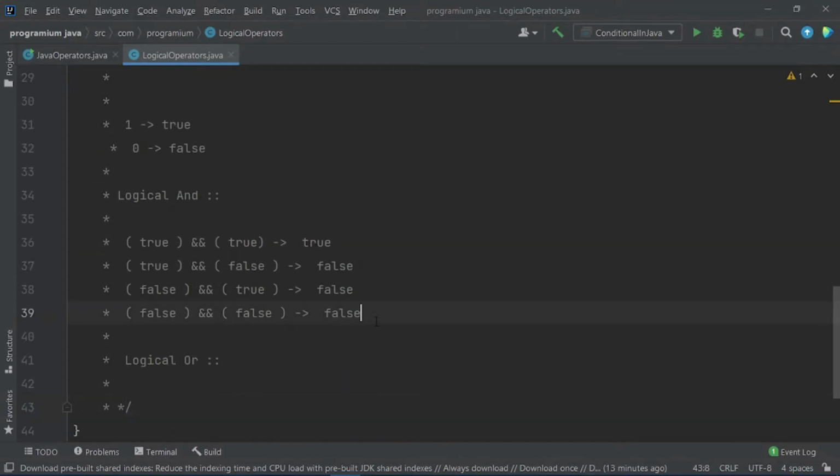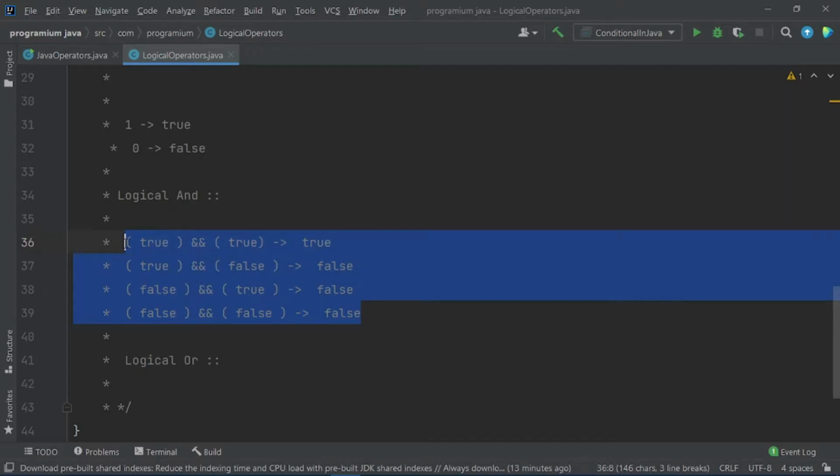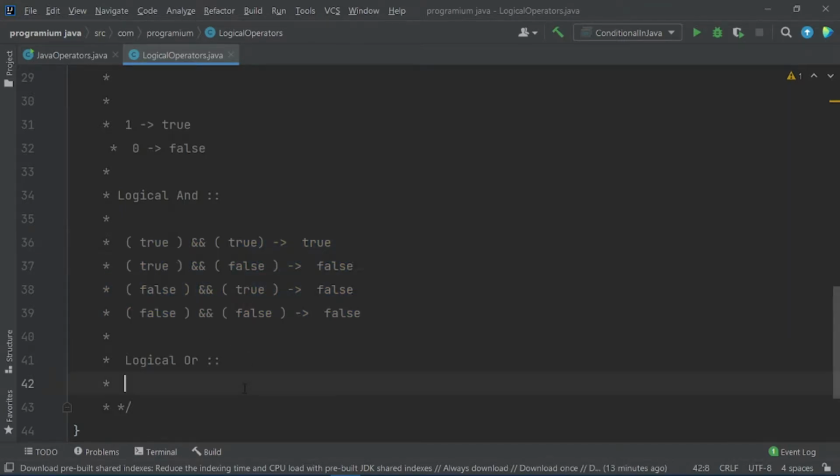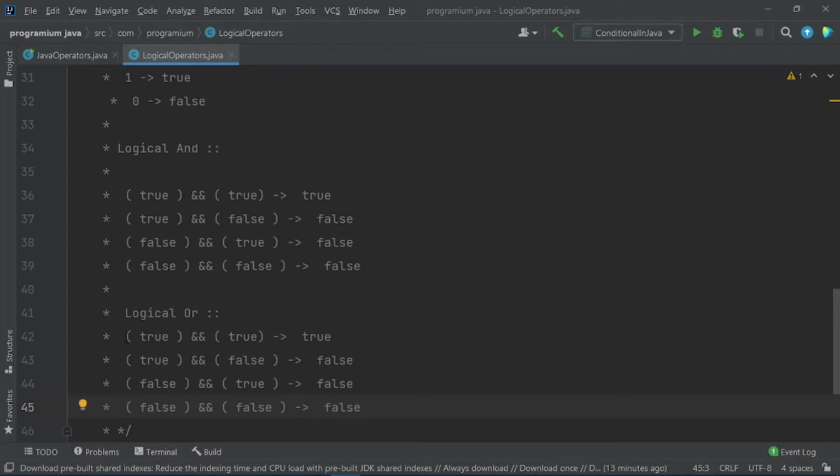So let me copy these lines here and paste them here. So guys, if both of the conditions are true, then the result would be true, and if one of the inputs or conditions is false and the other one is true, then the result would be true.